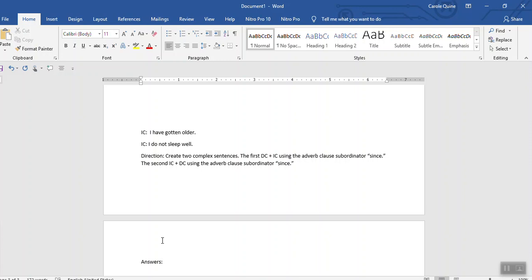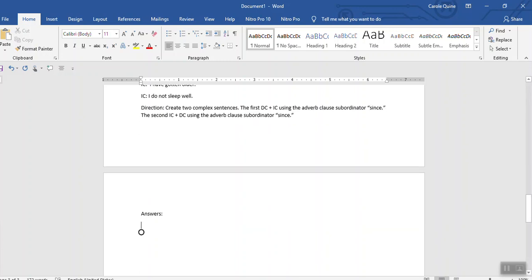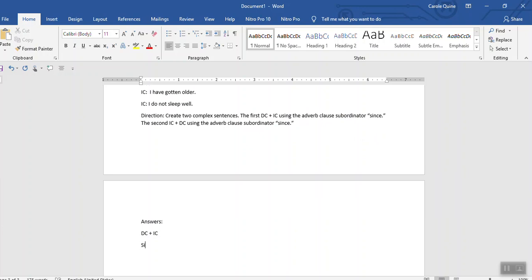Okay, let's go ahead and get started. For the one that should have the dependent clause in the front, I would say something along these lines. Since I have gotten older, I do not sleep well. Okay. So I put since in front of I have gotten older, made that into a dependent clause, put a comma between that and the independent clause. Now for the other way around,